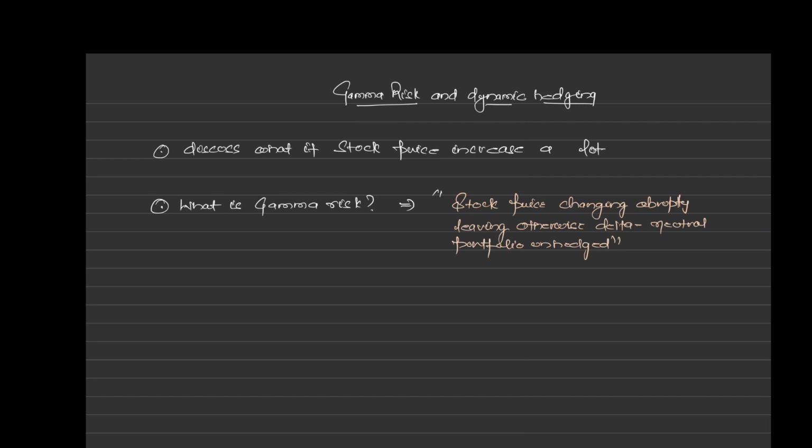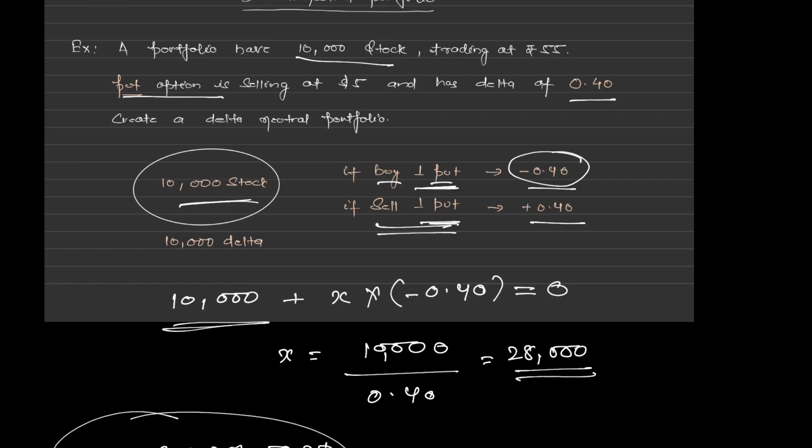So if the stock price increases a lot or decreases a lot, the delta does not remain constant. So your delta neutral strategy is not a static strategy, it's a dynamic hedging strategy. You need to keep on buying, selling, call and put. For example, even in the discussion of put, if